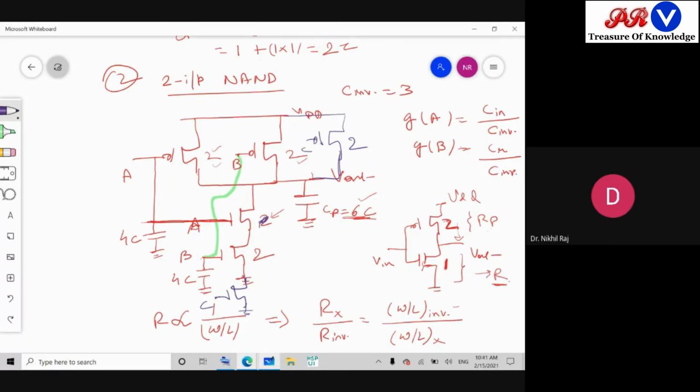See, in the pull down network, 1R corresponds to W by L of 1. So how many resistances are there? 1R, 2R and 3R. Total 3R is there. Equivalent resistance seen from the output to ground is how much? 3R. 3, 3, 3. So everyone will be 3 here. So this will be the dimension. So G of A कितना आ जाएगा? 2 plus 3, 2 plus 3 is 5. So for 3 input it will be 5 by